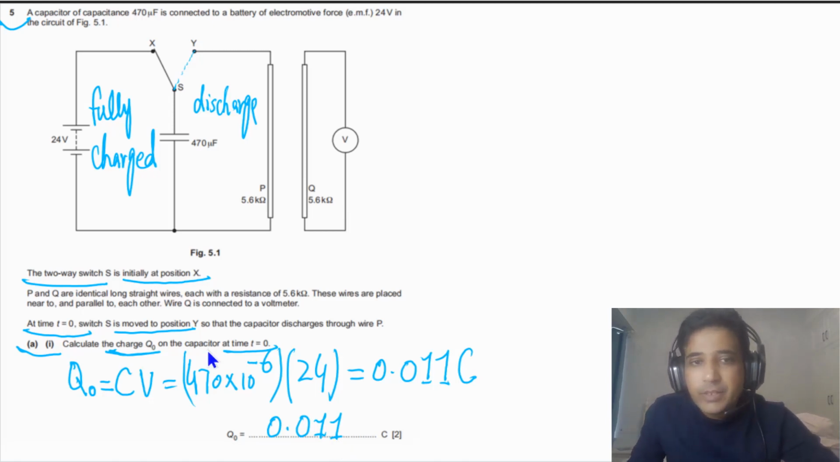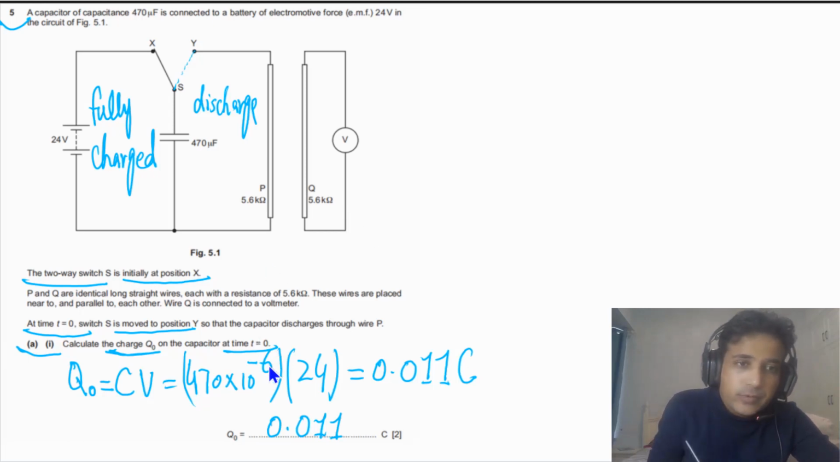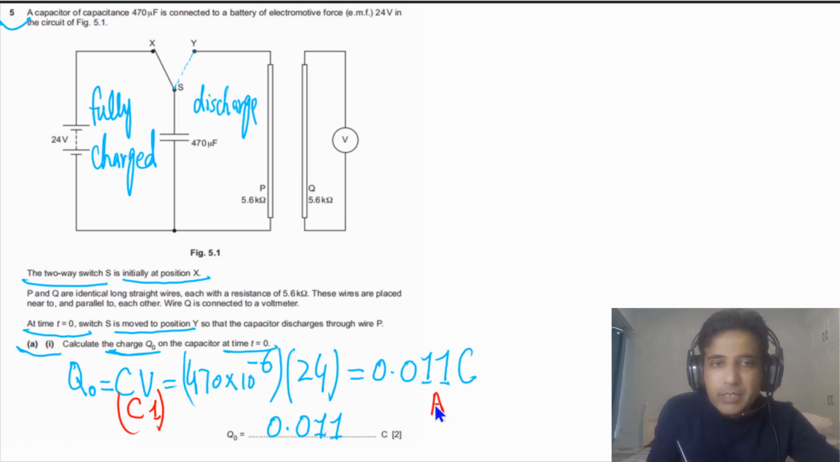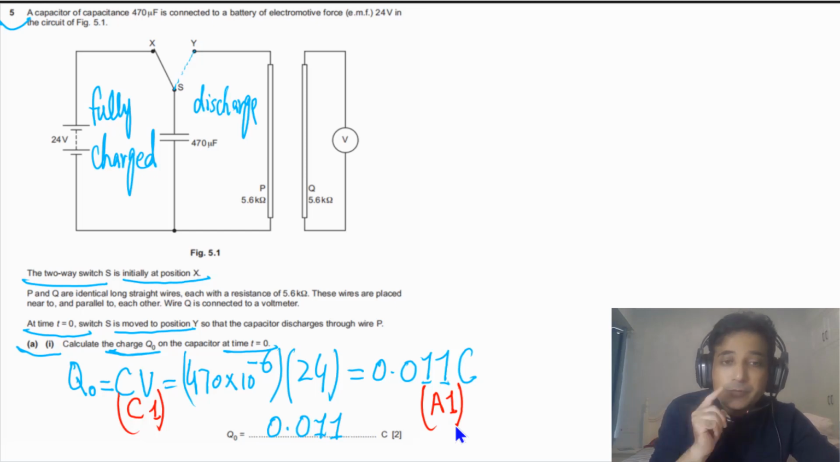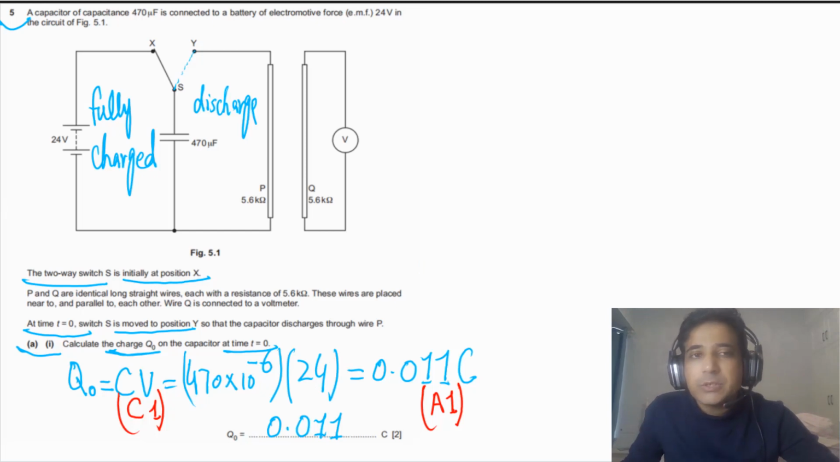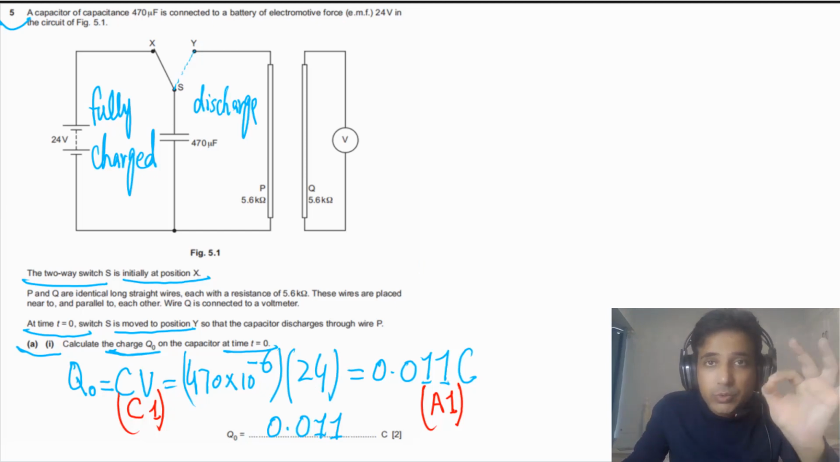So the 1 mark in this case will be for writing the formula and plugging in the values, and the second mark will be the answer mark. If you got the right answer, you will get 2 marks. If your answer is wrong, you will get 1 C mark if you have written the formula and plugged in these values. So just a basic question, asking you Q at t equals 0, the total charge